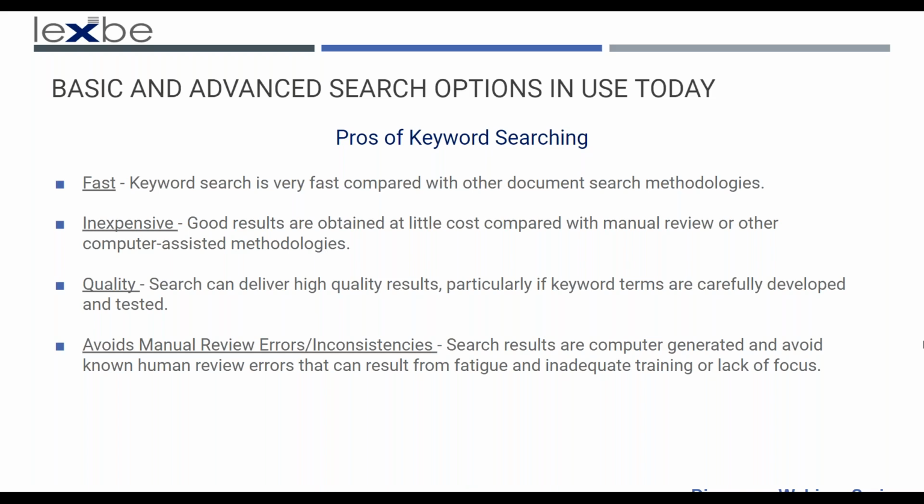And of course, time is money. So if you're able to do something faster using a keyword search, it's going to be less expensive to your client. And also, if you're using a vendor, it's going to be less expensive for you and or your client because the keyword methodology is much faster compared with a manual review where you're paying a document attorney or you're using your own billable hour rate to review these documents.